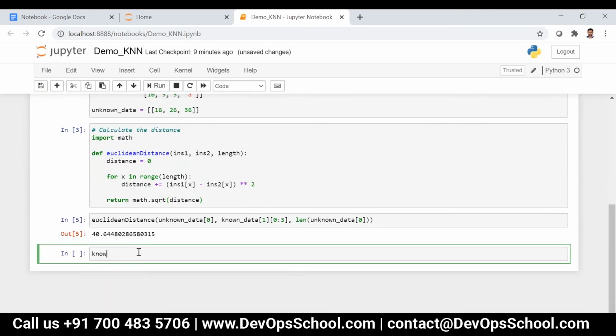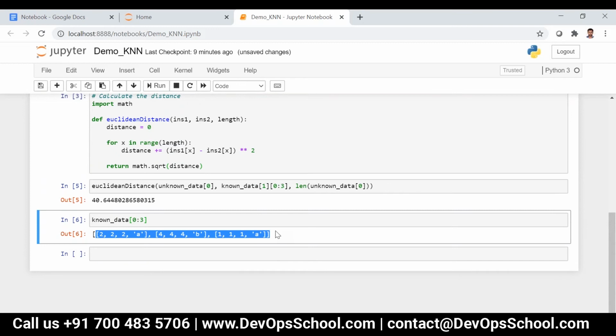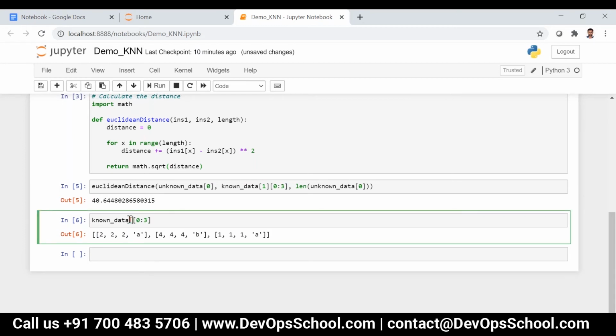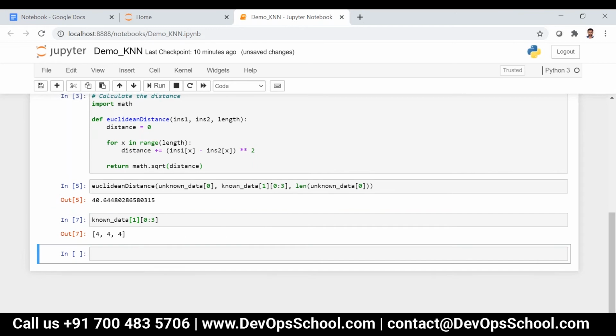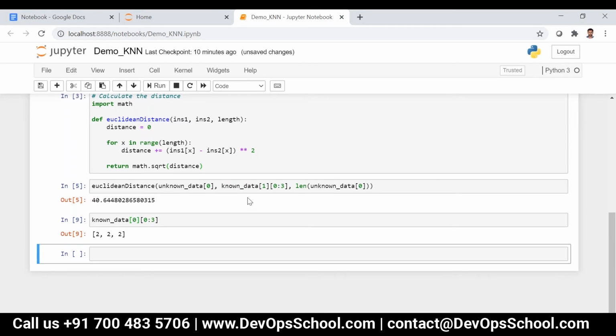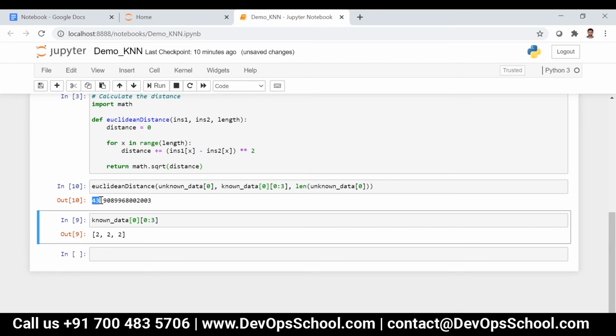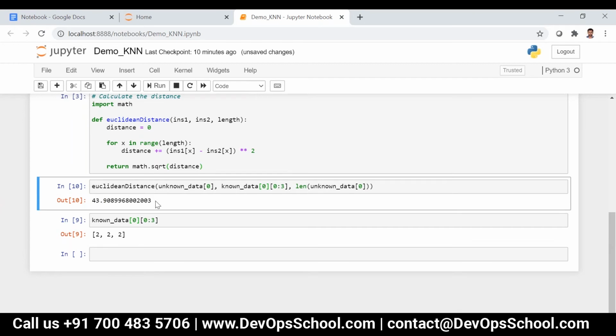If I say known data of 0:3, it will take 3 different lists. So for that I have to do known data of 1 and then 0:3, that is 2 to 2. So now the first point has a distance of 43 point something.